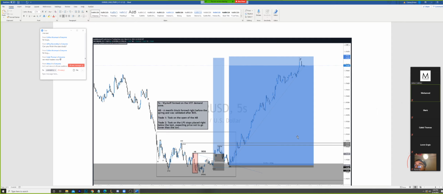You didn't miss anything. There's not a missed opportunity. It just means that your system entries that you know work were not met, and that's it. And you wait for the next one, and that's part of trading. And until you make that realization that this is not a lost trade or a missed trade or anything like that, it's going to be very hard to technically be fully successful.